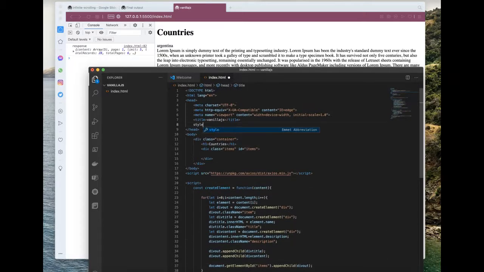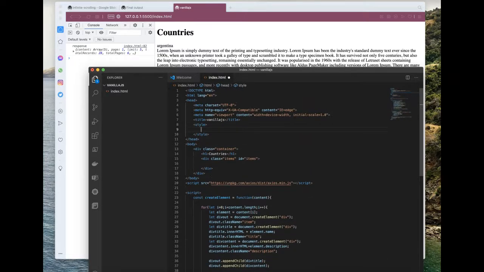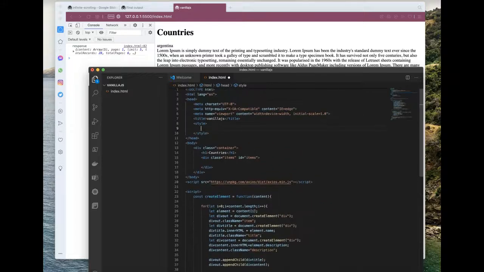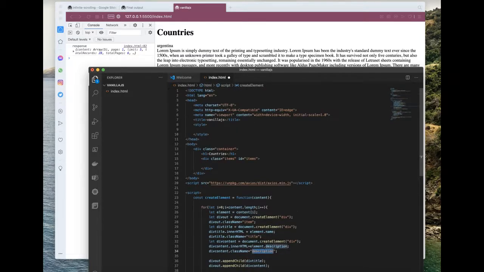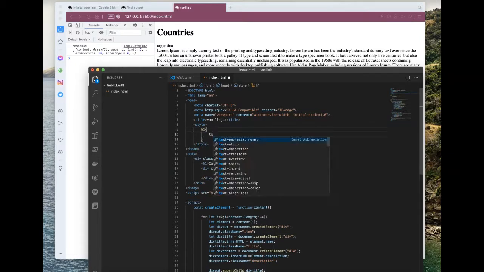I will add a style tag, and we have a container class, we have h1 tag, and we have items class, and we also have item class, title class, and description class. We'll add styles for all these classes. Let's align h1 to center.